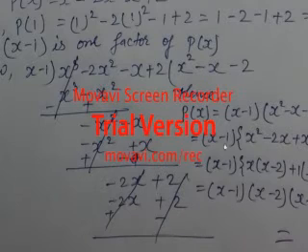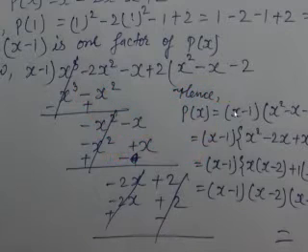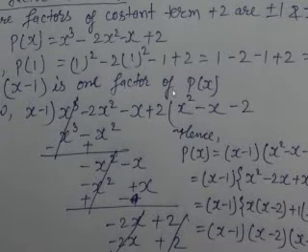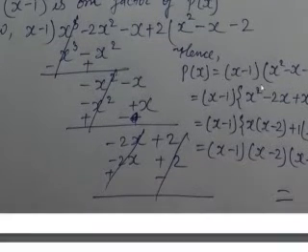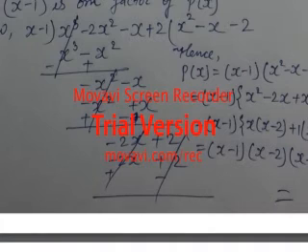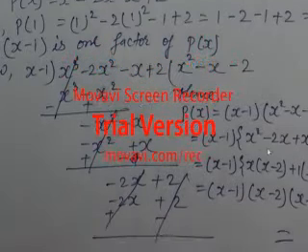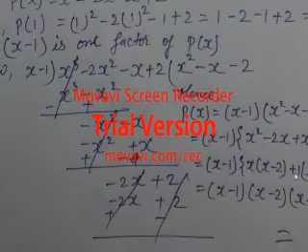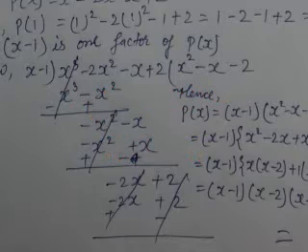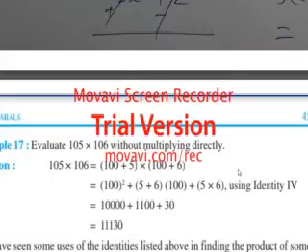So what happened, this got cancelled and this got cancelled. So you can see over here I had written the same thing, that p(x) is equal to (x minus 1) times (x square minus x minus 2). This is how, after knowing the factor at first, then we had factorized this by splitting middle terms, okay, then we got it. If you will see here, from here x has been taken common, x minus 2, from here plus 1 has been taken common, x minus 2, so x minus 2 together came, and this x plus 1 is inside the bracket, that is common for both x minus 2. I hope all of you had understood this.